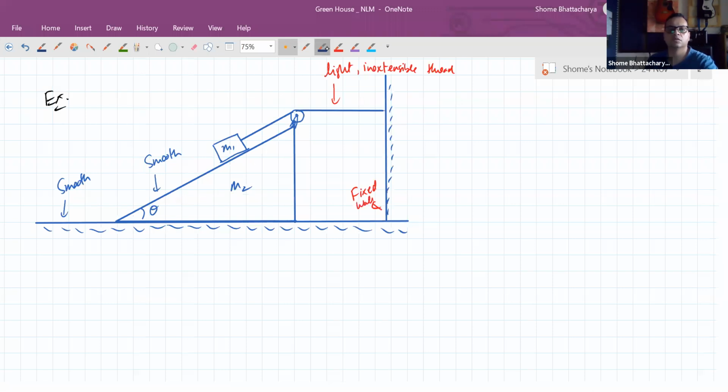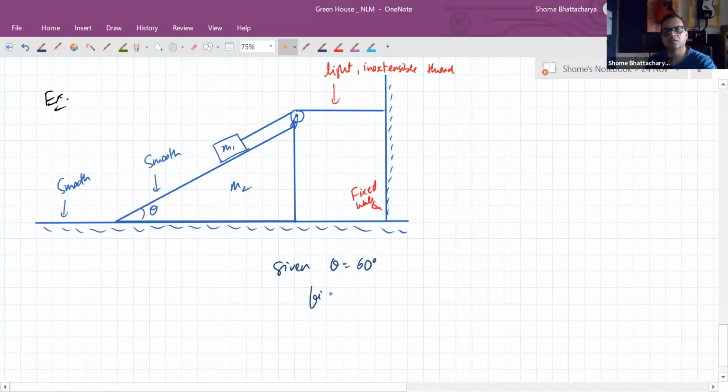So first of all, given that theta is equal to 60 degrees, we have to find the ratio of the magnitude of acceleration of 1 to acceleration of 2, and then given that m2 is equal to 3 times m1, find